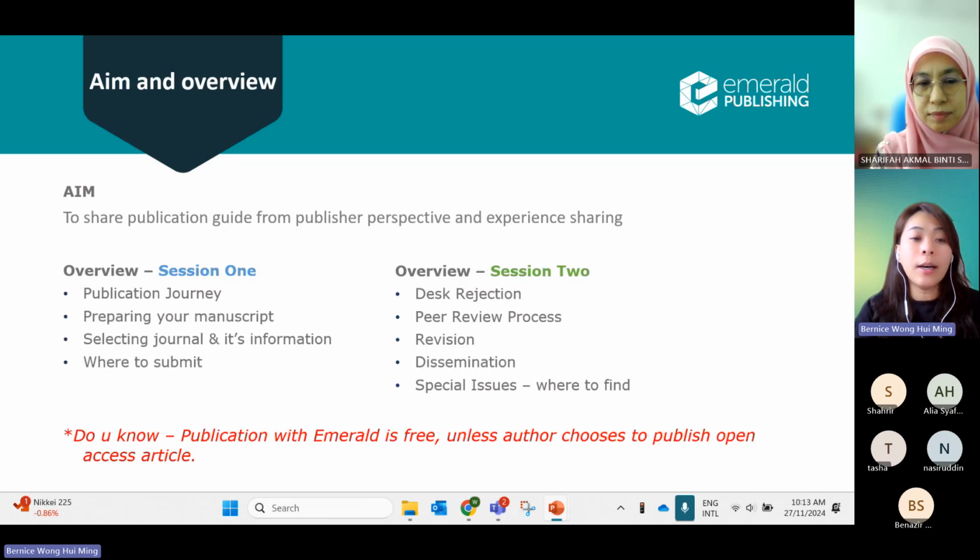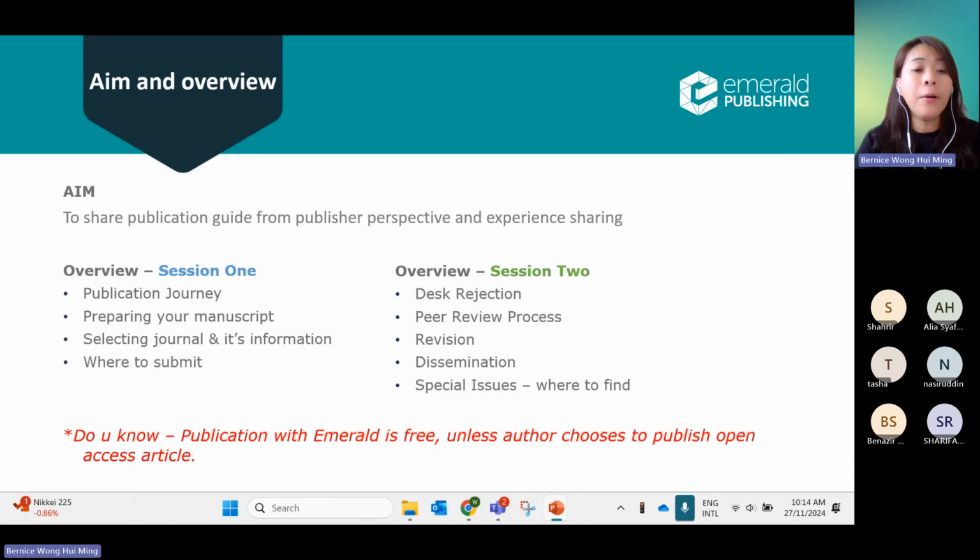Today the objective is to share the publication guide from the publisher perspective and the experience sharing. There are two parts for today's session. The first one, I will share with you more on the publication journey, how to prepare your manuscript, and how an author, if you are new and publishing or writing a paper for the first time, can select the right journal and get all the important information before you submit your paper, to avoid any rejections.